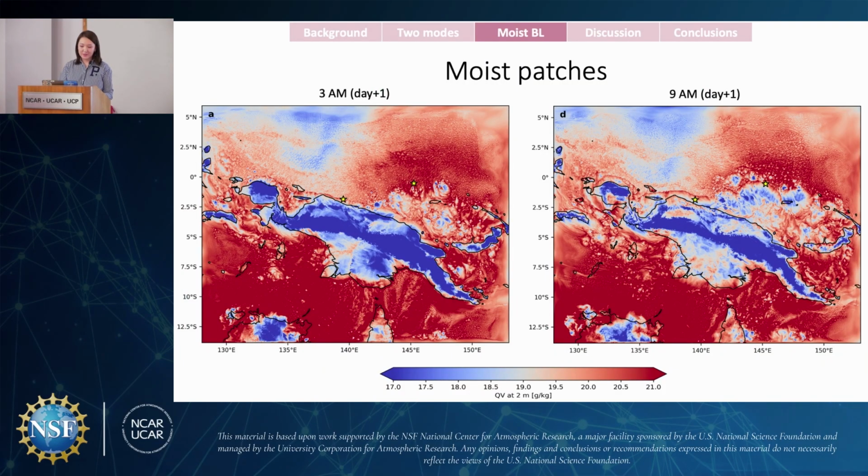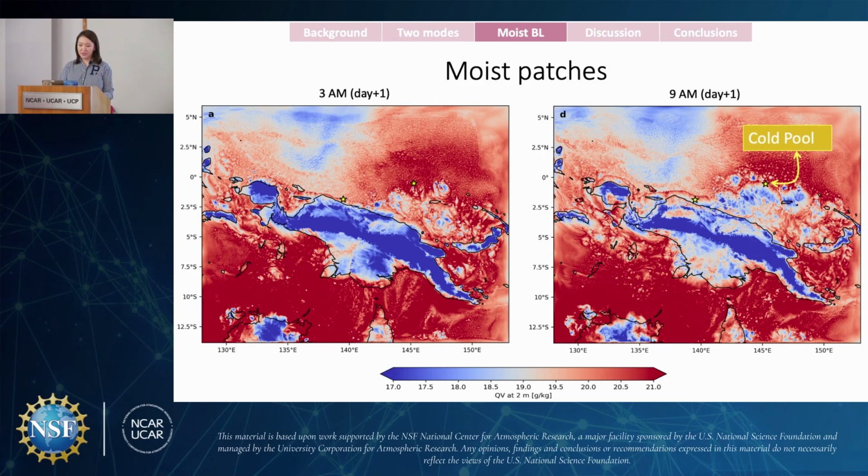Our answer is yes. Here we show two snapshots of the mixing ratio of water vapor near the surface from WRF, taken at 3 a.m. and 9 a.m. on the second day. First, let's focus on the right-hand side in the positive X channel, where the star indicates the regions of extremely